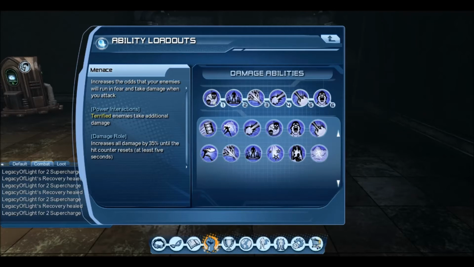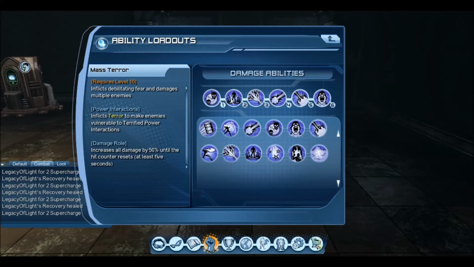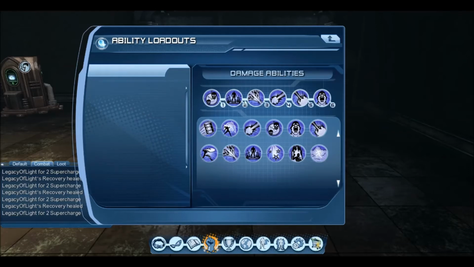Now, with Menace, enemies will take additional damage from Terrified, and our primary skill for the power interaction is Menace. Now this inflicts terrors to make enemies vulnerable to terrified power interactions. So with this, what we want to do is we want to use Mass Terror, and then we clip it with Menace. Now instead of doing a weapon combo with it,